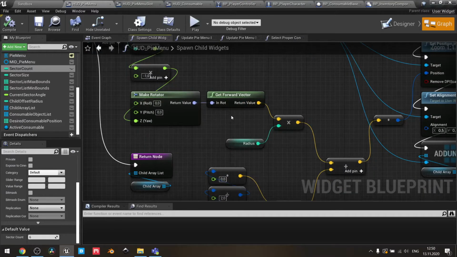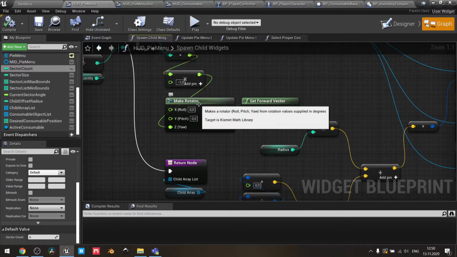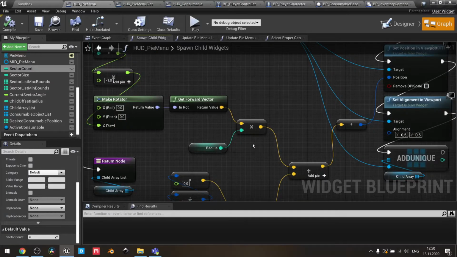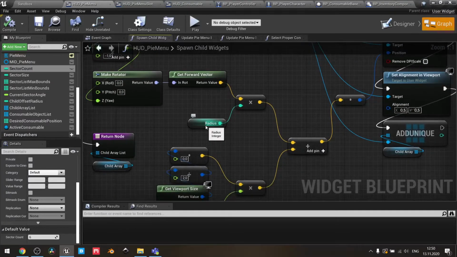Next we need to use get forward vector and make rotator on the Z axis, so the alignment will be on the vertical dimension. Next we need to multiply it by our radius, so we will have the offset for